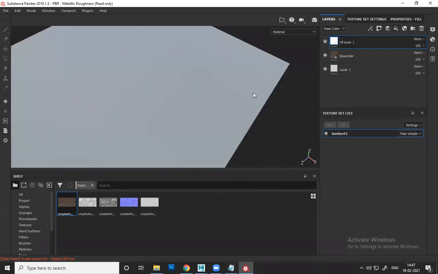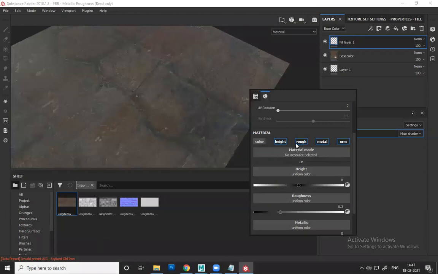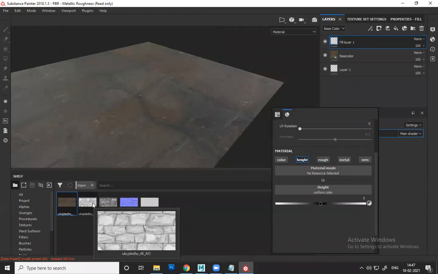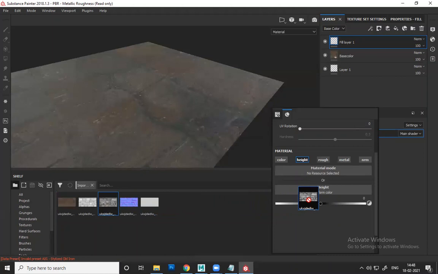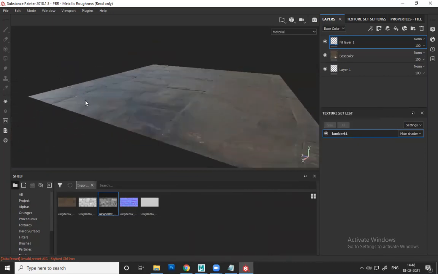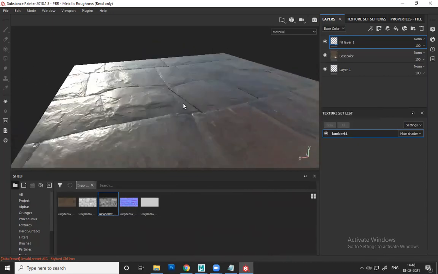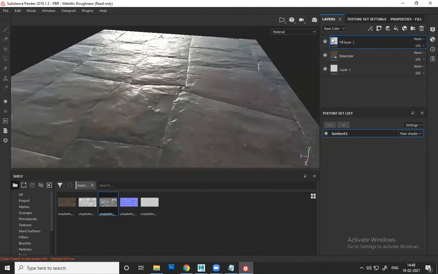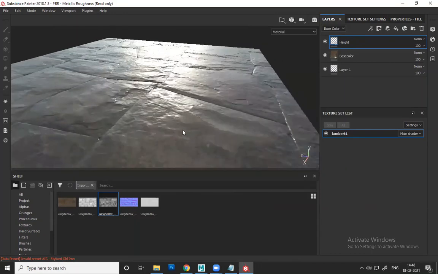and then I'm going to create another layer. Right click. This time I'll switch off the color, roughness, metal. All I'm going to do is keep the height property on. In this, I'm going to use my displacement texture. I'll drag it over here. Now you can see, right now it looks kind of shiny, but the difference you can see. So we have started to get the PBR